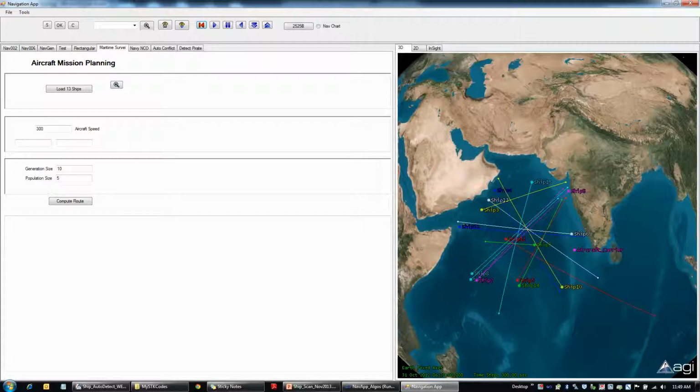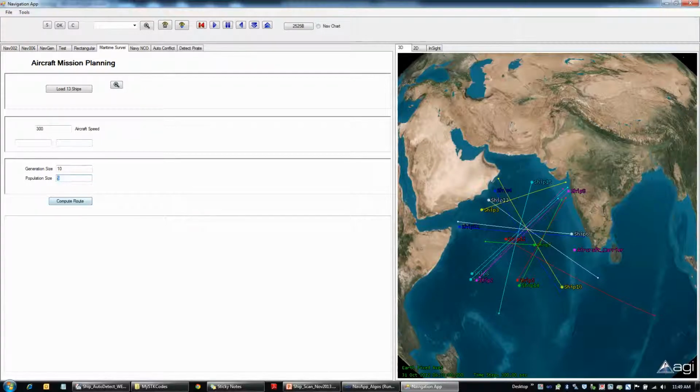The first thing is which ship, how to go and intercept each ship. The second thing you want to do is find the optimal route. So first thing is identifying the route it has to take to intercept each ship. The second thing is which will be the optimal route. I have implemented some genetic algorithms also. Please note that for this algorithm some extra work has to be done, but at the moment it is not giving me a real optimal result.